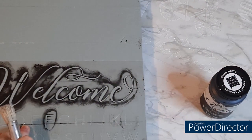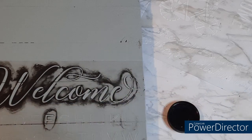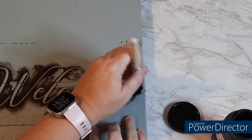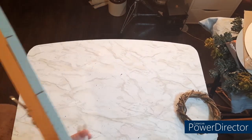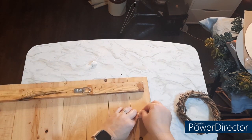So in the end, I'm going to use some floral picks for fall from Dollar Tree and just put those in there. But this really did make a gorgeous sign, and I hung it on my front porch. Probably going to stay there a while on my front porch because I really do like it. And you see I've got welcome, home sweet home, and the little bicycle. But okay, so here's my little tip